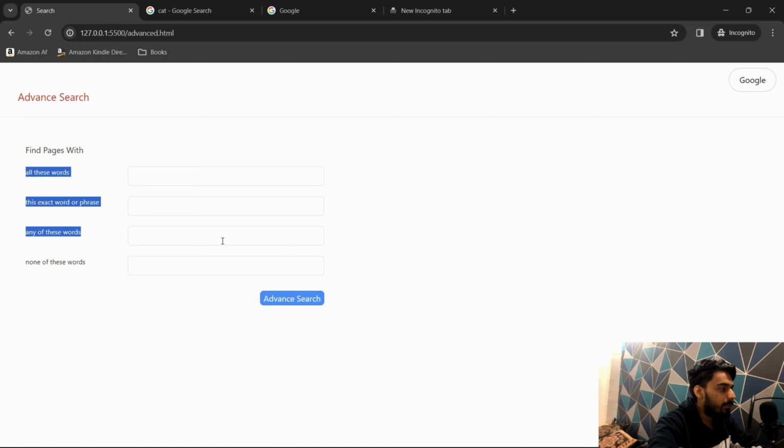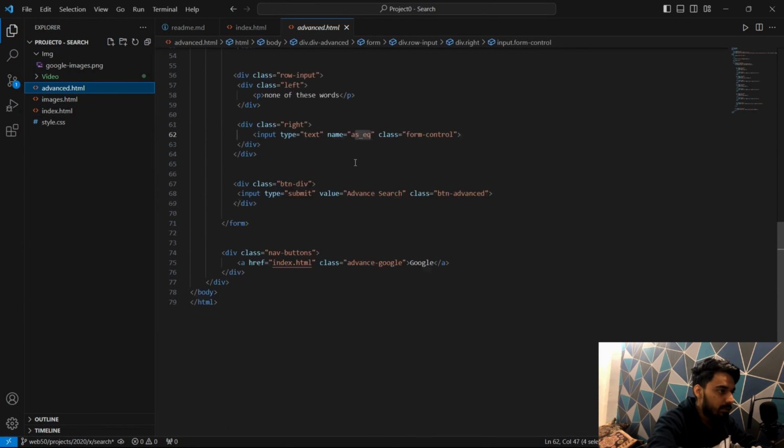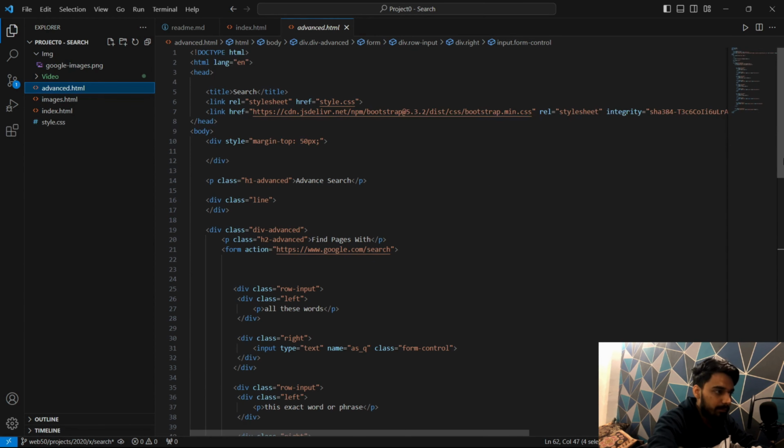Then we have made, you can say this is a grid, or you can say that these are made up of rows. So these are 4 rows, 1 2 3 4, and in the first row we have 2 columns, and the second row also has 2 columns, the third has 2, and the fourth has 2 columns. In the first column we have written all these words just as Google does. As you can see, this is advanced HTML. So I have made